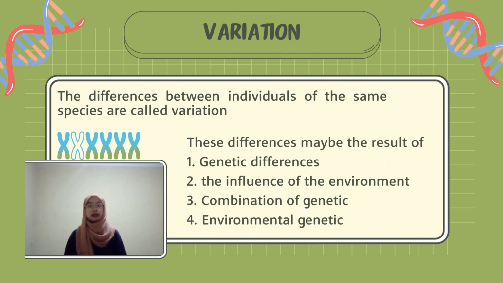Genetic differences reflect the genotype of an organism, that is, its genetic makeup. A diploid organism has two sets of chromosomes and two alleles of each particular gene. These alleles may be the same, in which case the organism is homozygous for that gene, or different, in which case the organism is